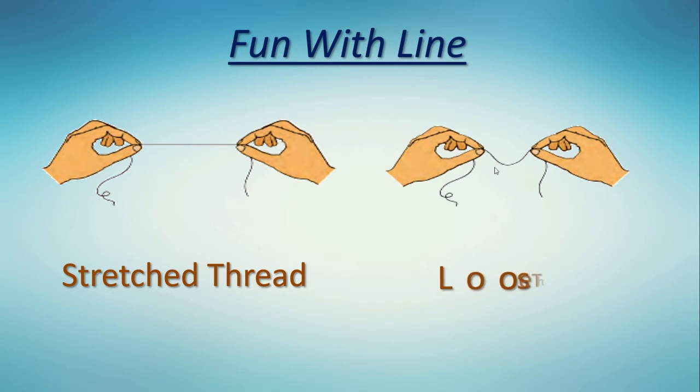Okay, now see this picture. Here the same dhaga, it is curved because it is loose, right? दोनों हाथ नजदीक आ चुके हैं, इसको खींचा नहीं है. So we can see here a curved dhaga, right? Curved or loose thread. Here we can say this is a straight line made by thread, and this is a curved line made by thread.